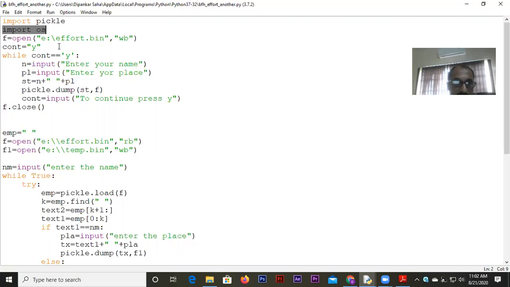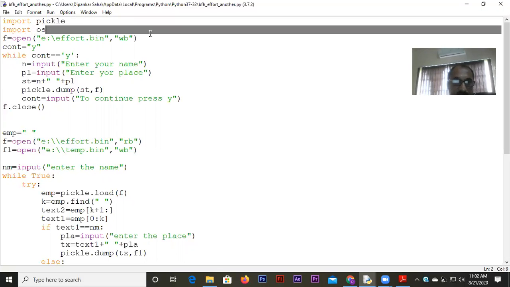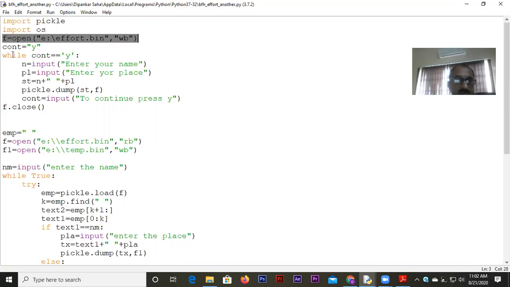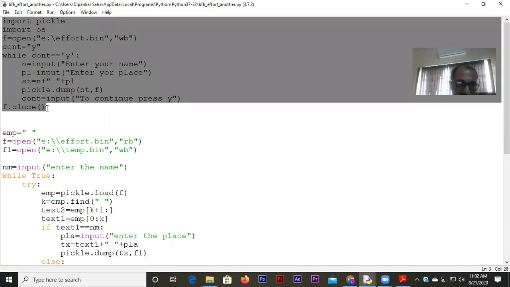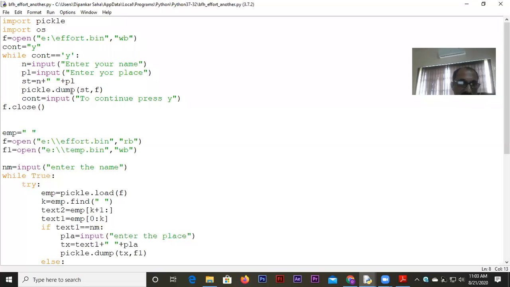Okay. Now I opened the file in writing mode, right? This part most probably you don't have to do. This will be already given in the question, and it will be mentioned how the records are given. I'm just coming to this point a little later, then you'll understand what I mean. Let's see first what I have done here. I have taken the name and the place. These two things I have input from the user, and I have concatenated them in a string st. So name and p1 I concatenated, and I put a space here in between.